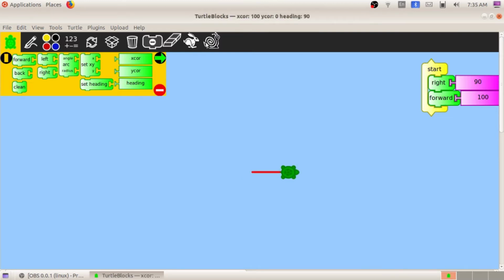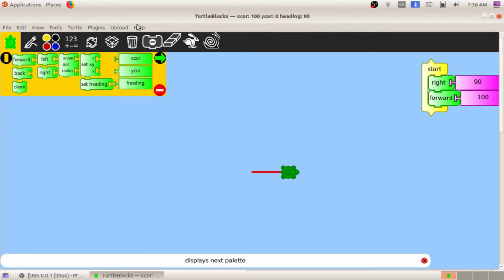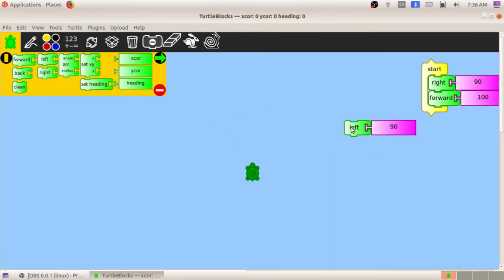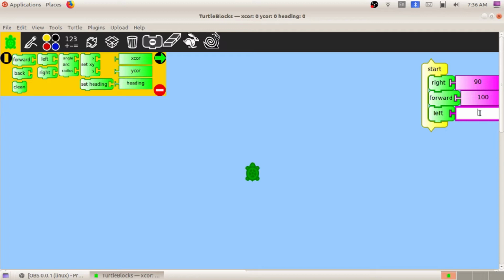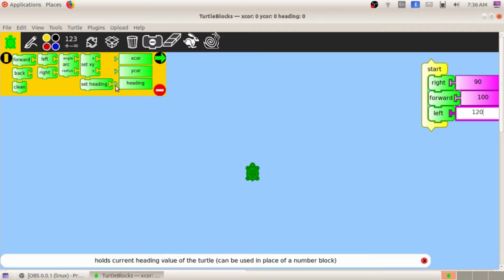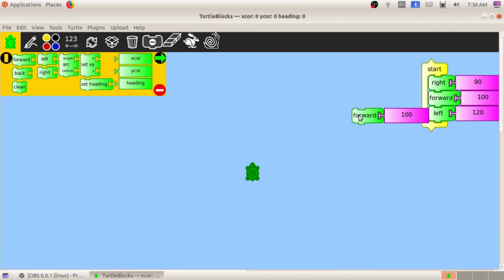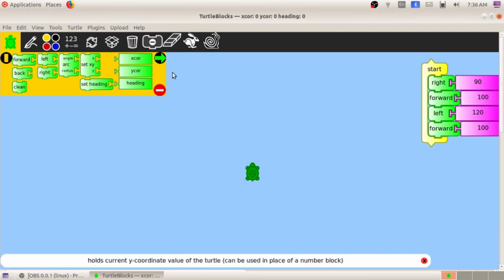Now we need to turn this tortoise how many degrees? 120 degrees. We have studied all those concepts, and I told all these concepts in the classroom. Left 120, and then forward 100. Now let us check it.